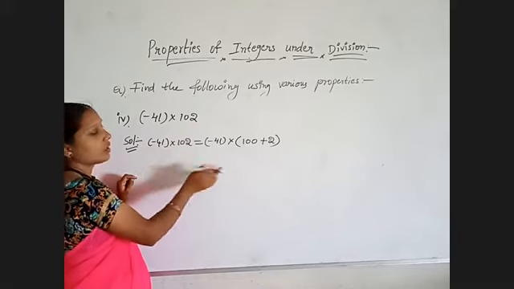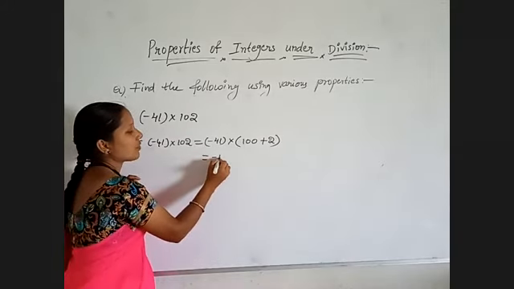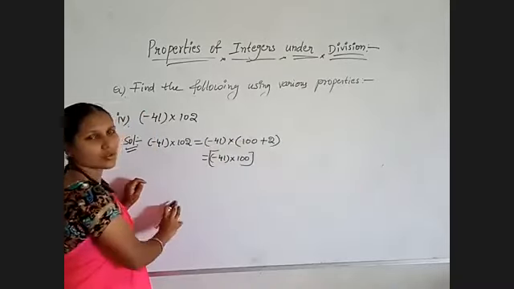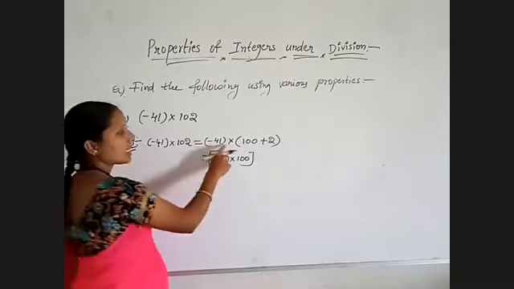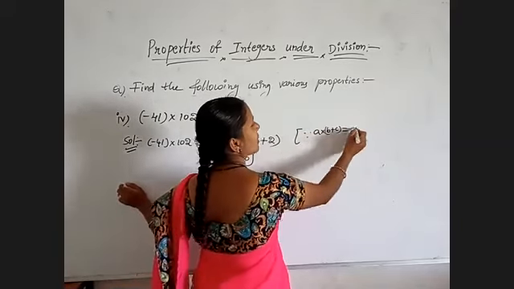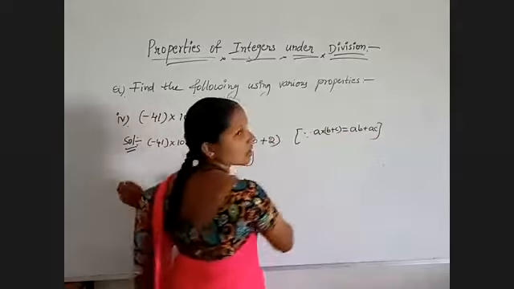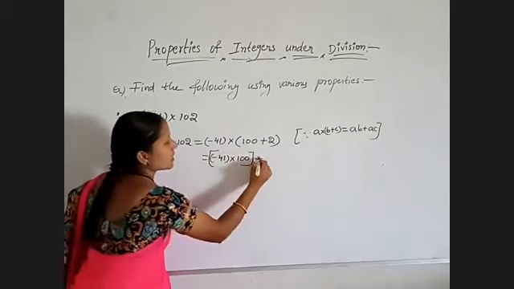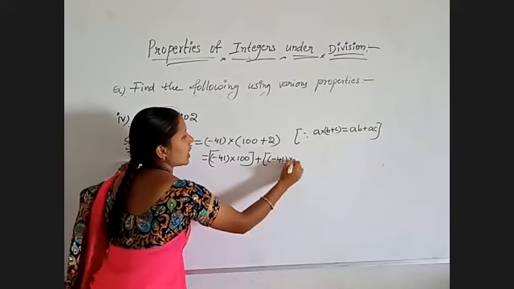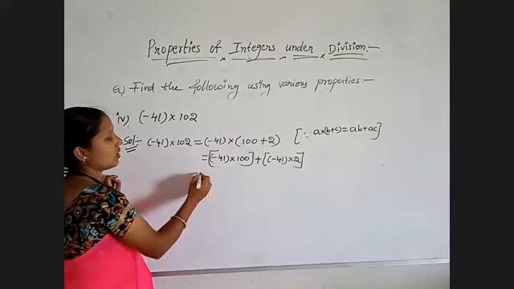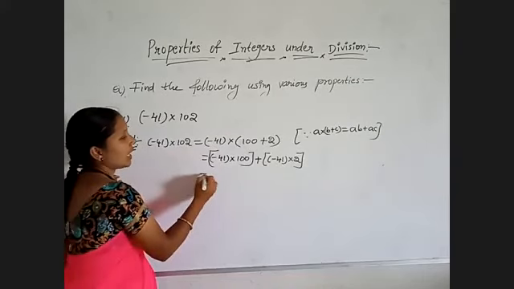Expand any one of the numbers. Now, minus 41 into 100 plus 2. Which property is it? Into plus. So which property? Distributive property. But here we are getting it in the form A into B plus C. Now we need to perform the reverse: AB plus AC. So A into B, that is AB, plus A into C, that is AC. Now A value is minus 41, B value is 100, C value is 2.